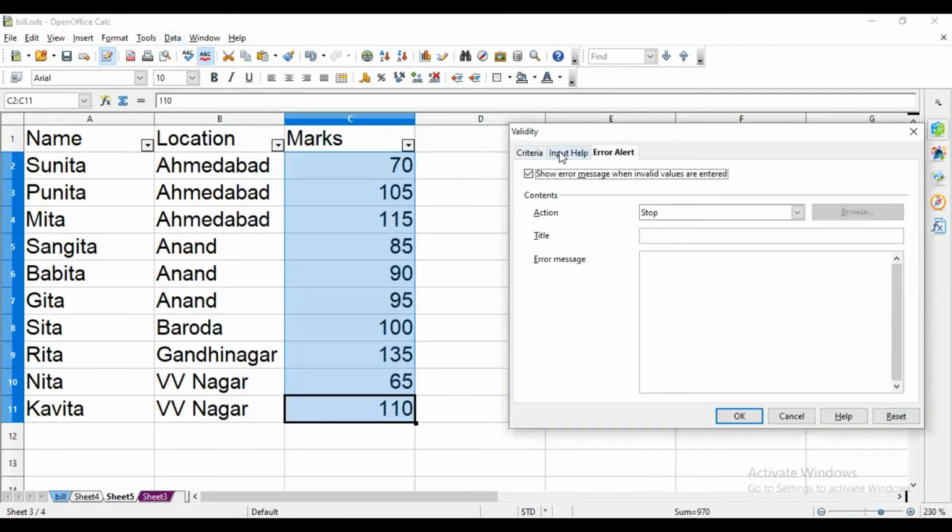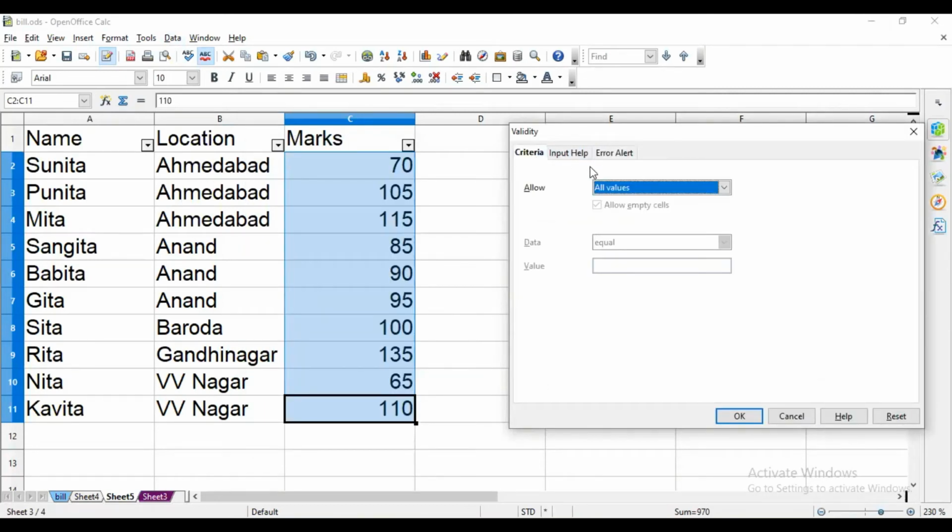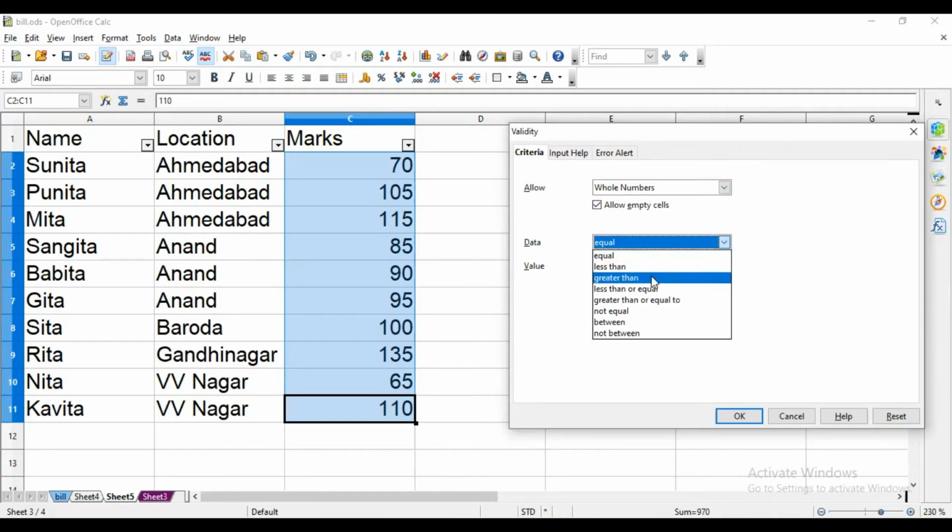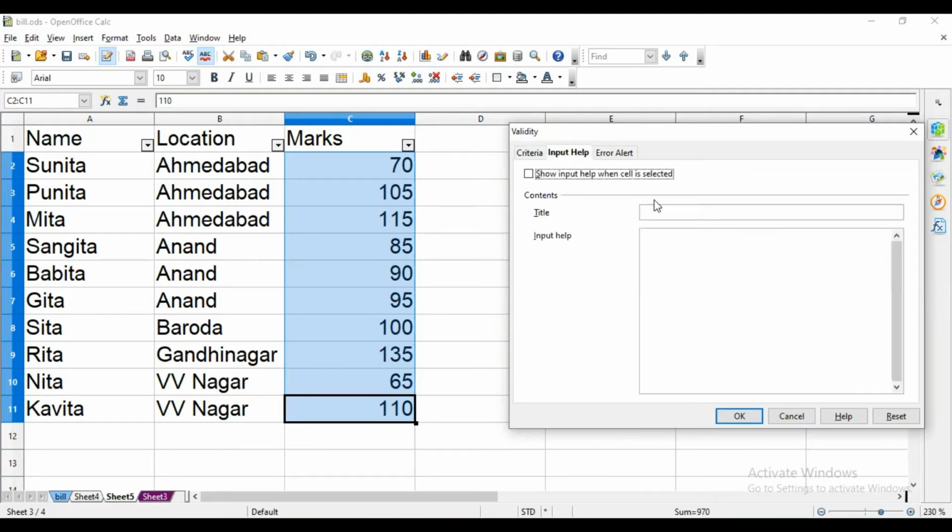First of all, allow whole numbers, then here greater than or equal to 0. Then input help, show input help. Here we are giving a title, for example help itself, and a sentence.